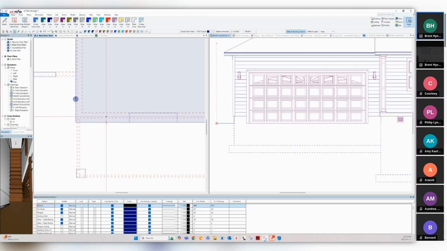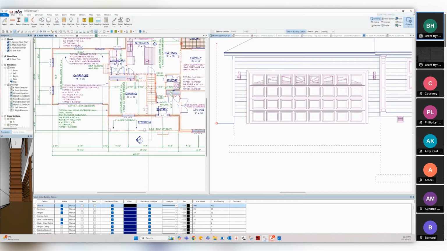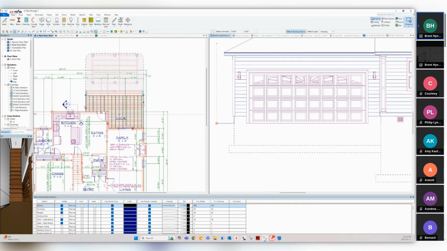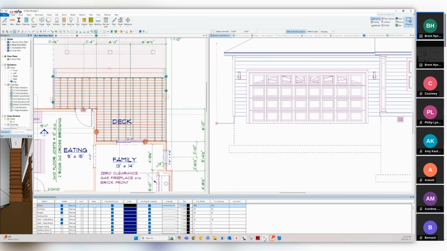All right. Another big item we have, for those of you who are utilizing building options already, this will be a big bonus for you. We've added the ability with building options to draw on multiple building options from the get-go. In the past, you would pick a building option and you would draw on that building option, and then